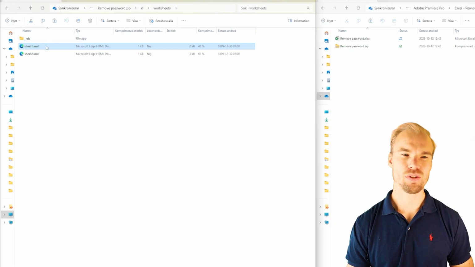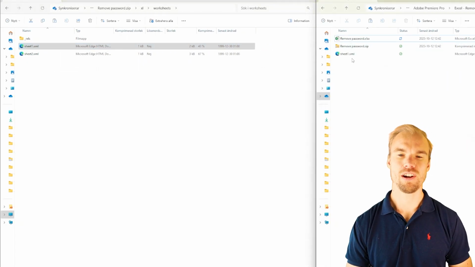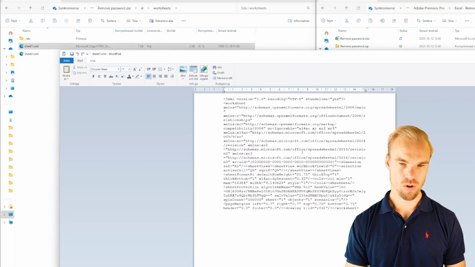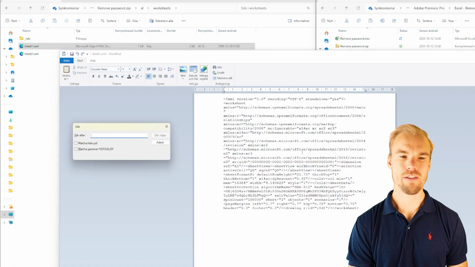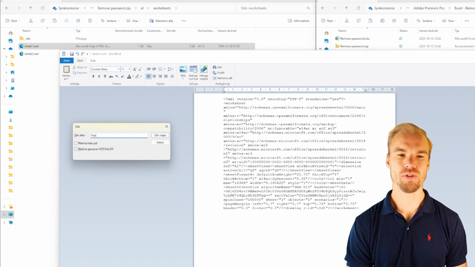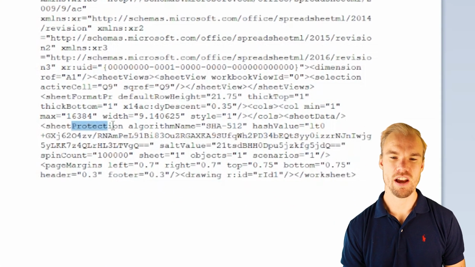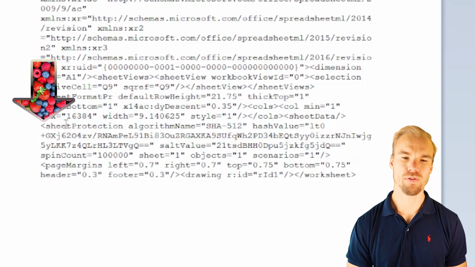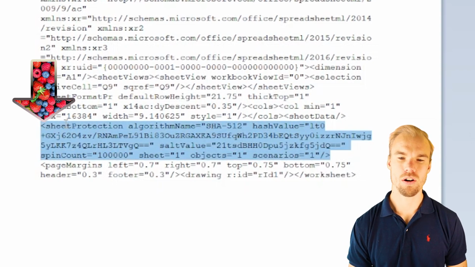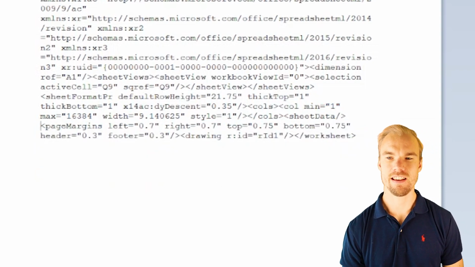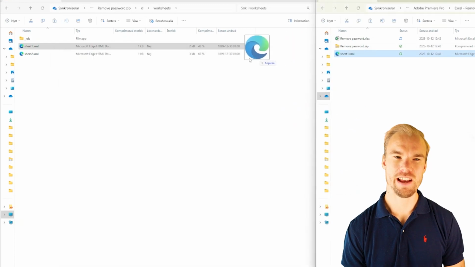What we do now is that we drag and drop this sheet to another folder on your computer. Here you find it, and we right click on it, and we open it up with, for example, WordPad. We open up the search box, Control F, and search for protect. And here you can see it says sheet protection, and we want to remove everything from before this sign here to after this sign over here. Remove this and save it, close it,